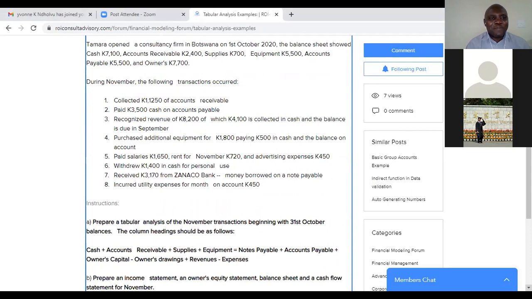So during November, the following transactions occurred. So meaning that on the last day of October, 31st October, these were the balances brought down. These were the balances that were coming from October. So during November, the following transactions occurred. One, collected